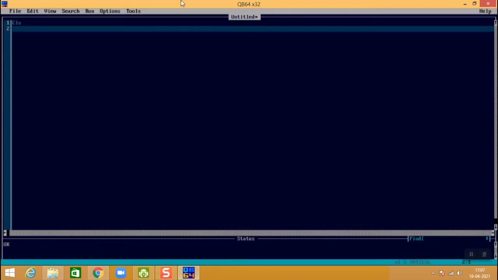CLS means clear statement. Okay, so I will show you the if then with else statement, the if statement, and the else if statement. Just look very carefully, guys.